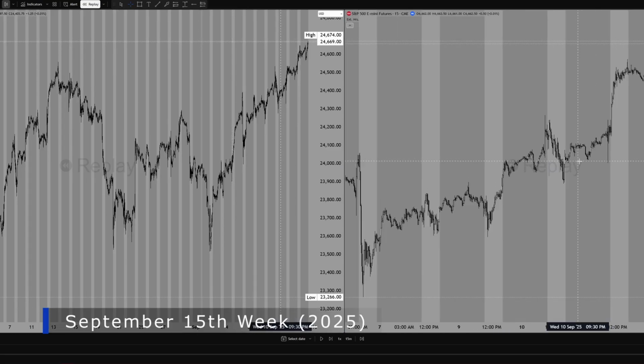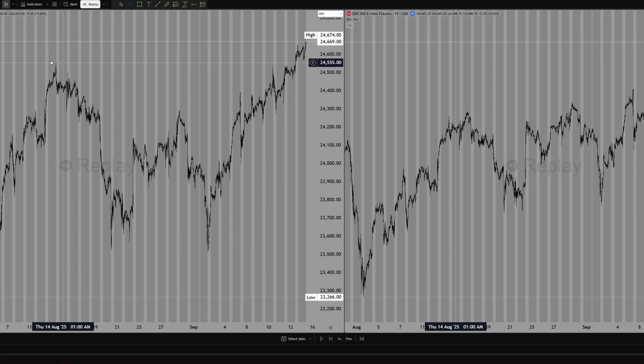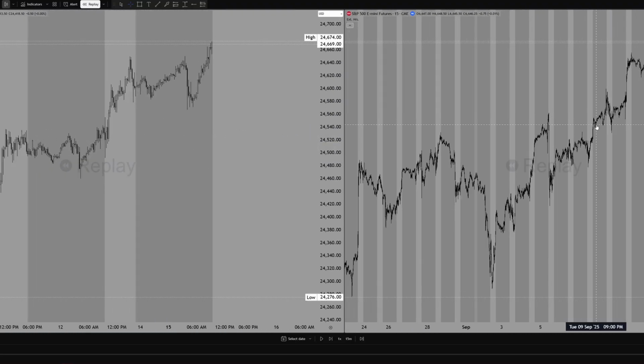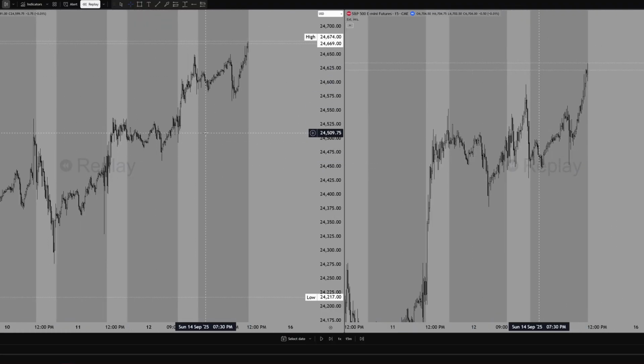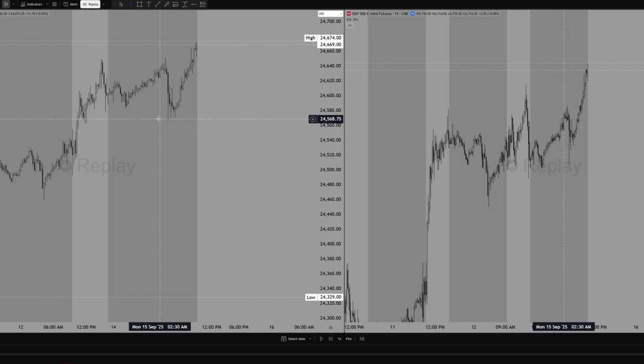So pretty much what I'm looking at right now, going to the 15-minute chart, we are just bullish. We are at all-time highs and there's nothing to it. Now I'm just gonna zoom in, see if we have any SMTs. Narrative is clearly bullish. We actually do have SMT right here.